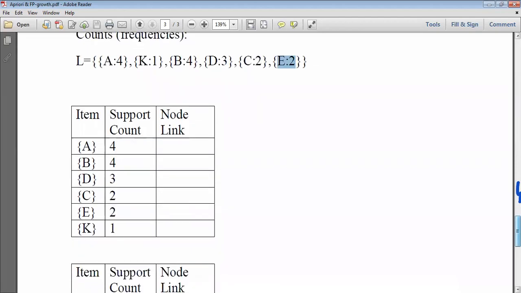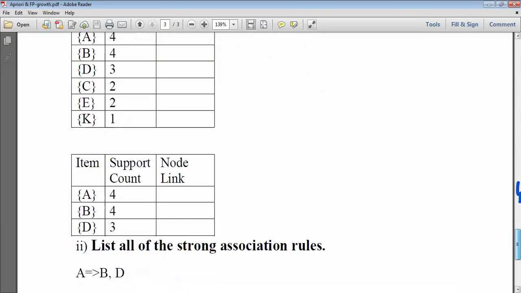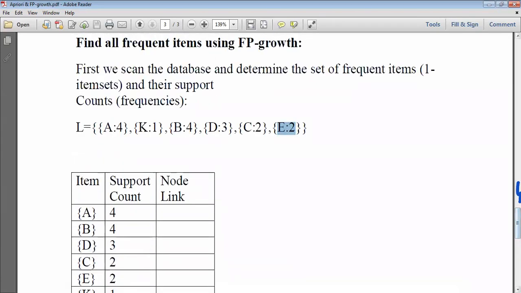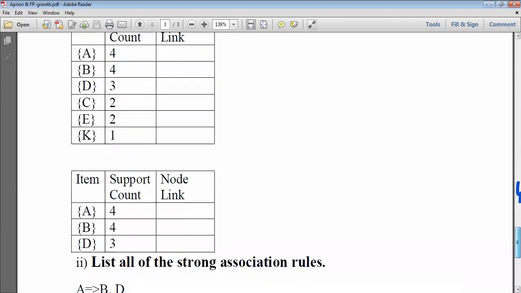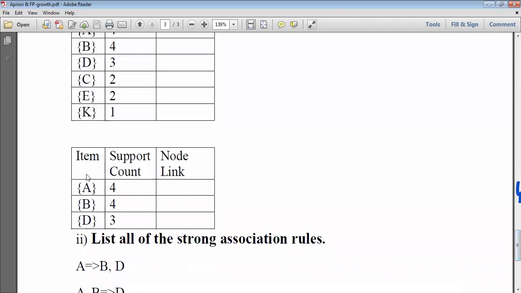Then you have to consider the minimum support as 60%. So finally you can get these items: A, B, D. The support counts are 4, 4, 3. So how can we draw the FP tree using the FP growth algorithm? I want to draw here. See here, the first one is the null node. You can write here null, and then after